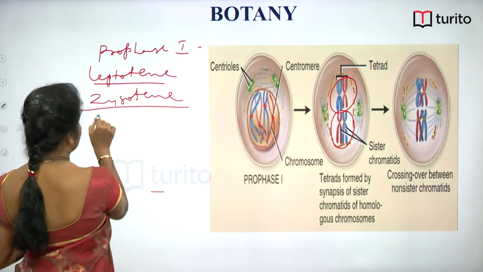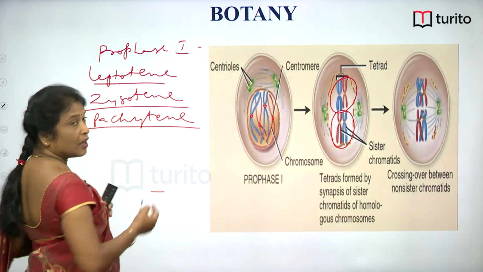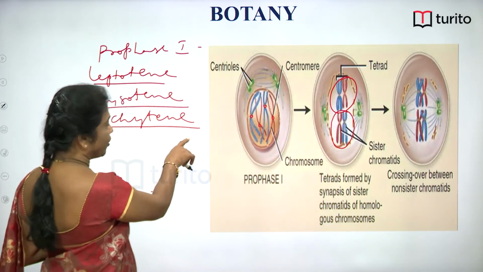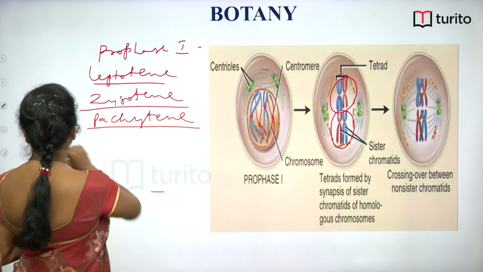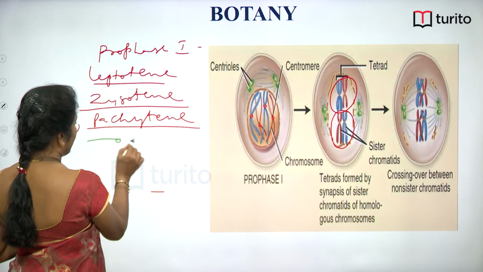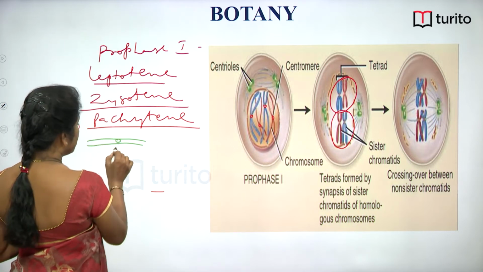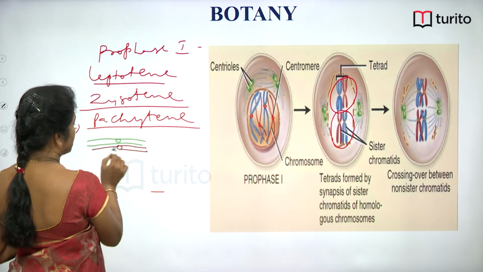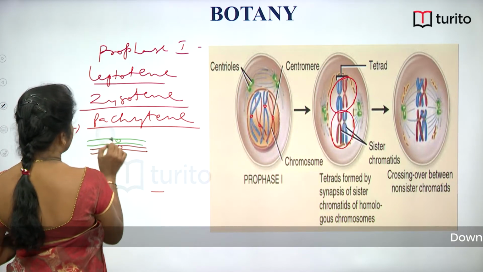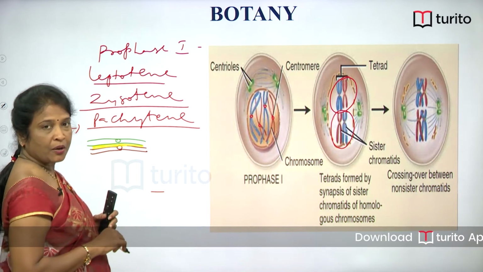Now coming to pachytene. During the pachytene stage, as we visualize and consider one bivalent to follow what happens during pachytene, let us consider one bivalent. Already the bivalents have 2 chromosomes and each chromosome has 2 chromatids, and now during pachytene they are very clearly visible, and this is the synaptonemal complex, no doubt.